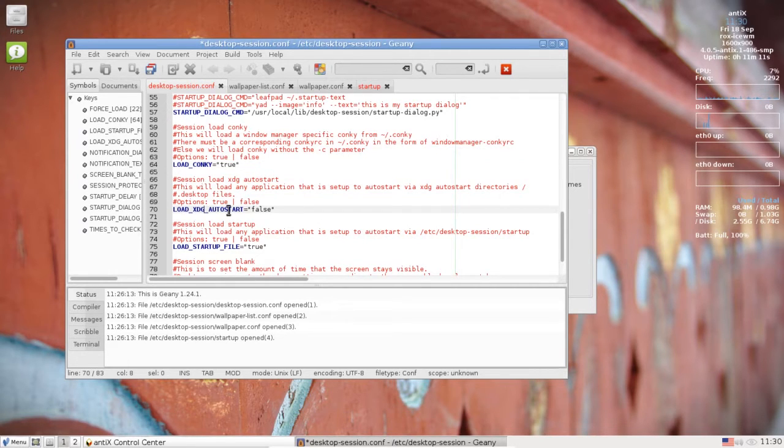Loading XDG auto start. This is XDG. The XDG auto start system is one of the ways in which apps that set auto start settings in their preferences dialogues, like for instance Dropbox, tell the operating system they need to auto start. They don't put startup tabs in your startup lines in your startup file. They actually put a link in an auto start folder, and if you set this to true, then that will